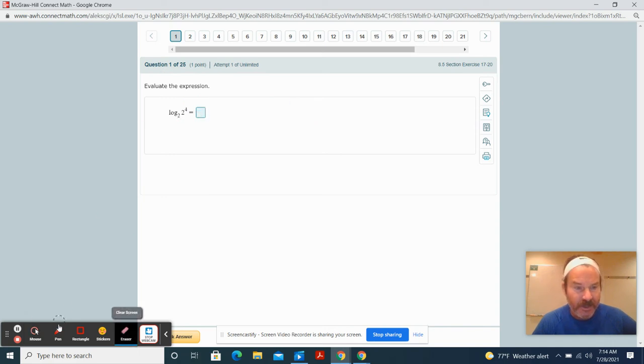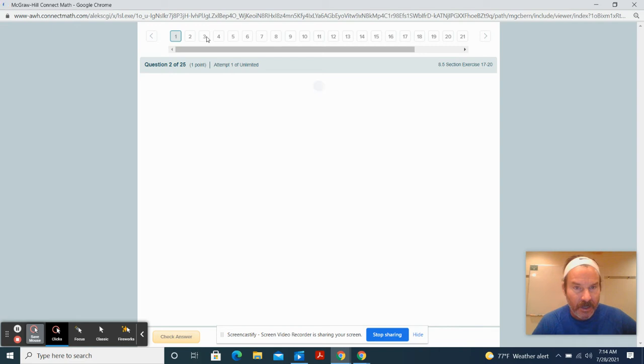The problems that are not given to you in log form, that one's in log form. Let me look at one that's not in log form. Okay, so this, even though you see the log, the log is in the wrong spot. This is problem number 6. This is an exponential form. Okay, so in exponential form,